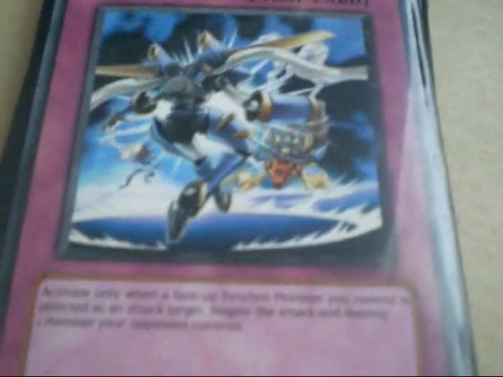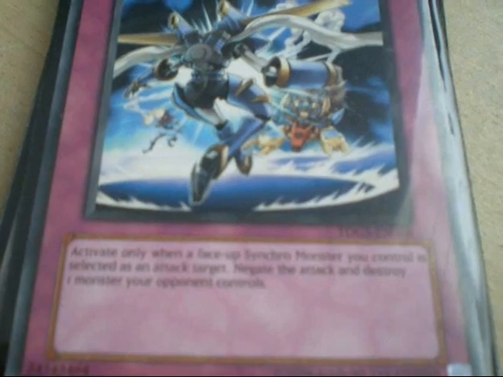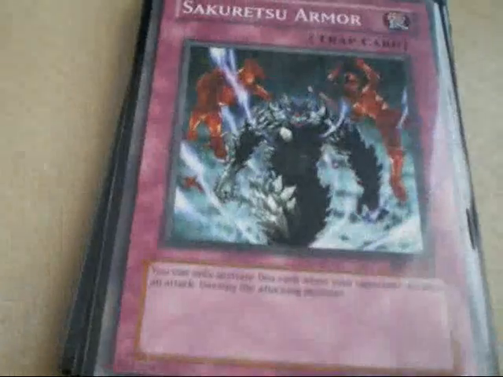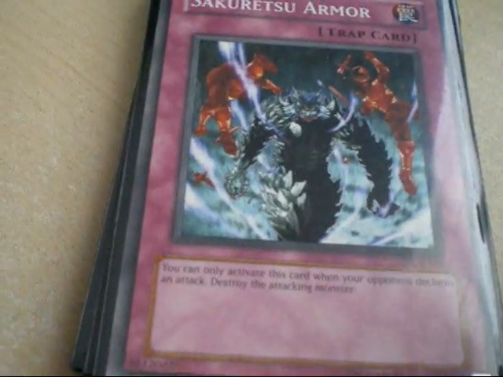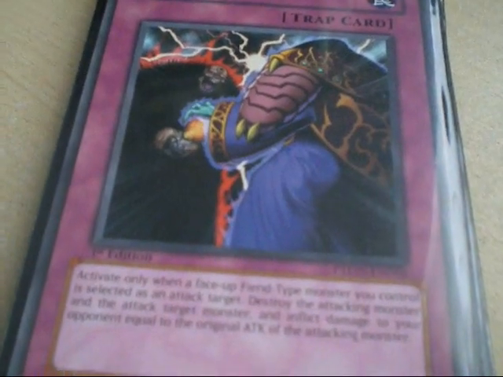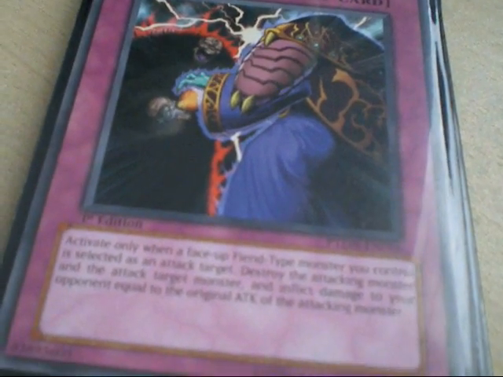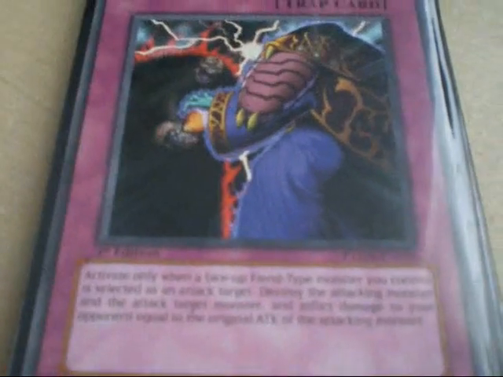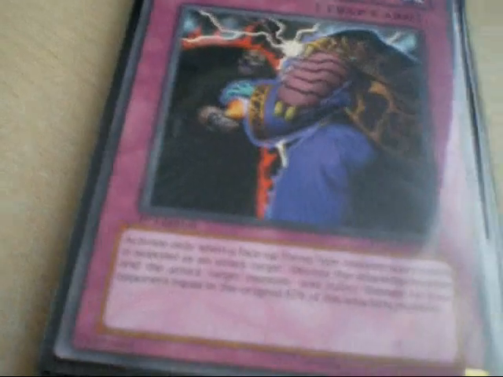Synchro Deflector, I want some more of these. Basically, it's like a Sakuretsu Armor, except for Synchro monsters. Speaking of Sakuretsu Armor, here he is. Two of those. I have a Hate Buster. Basically, when the opponent attacks a Fiend monster, I activate this card. The Fiend monster goes to the graveyard along with the opponent's monster, and the opponent takes the damage of their